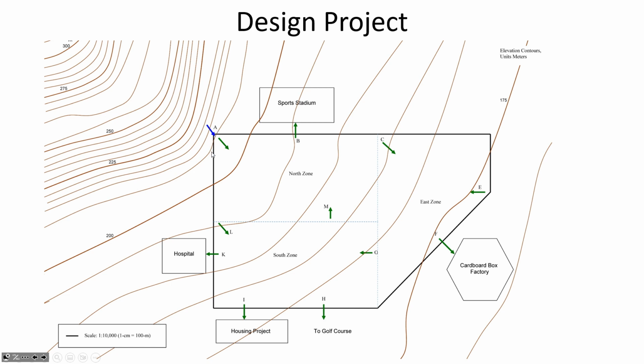Now this black line, that represents the city limits. That doesn't represent where you have to put the pipe. So for example, if you're going to be connecting junction C and junction E together, there's no reason to follow the city limits to take that pipe from C to E. In fact, that would maybe be a waste of money because there's no reason for a water pipeline to be over here at the northeast corner of the city limits. You only need to deliver water to these green arrows.